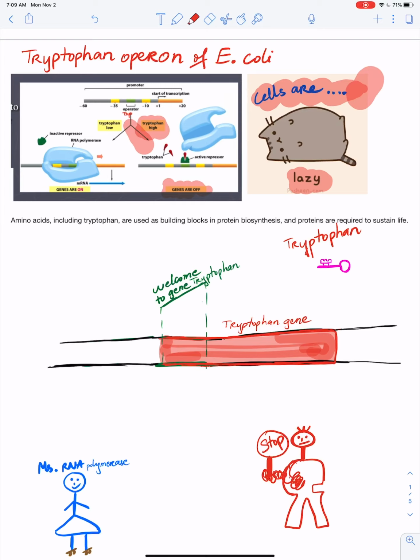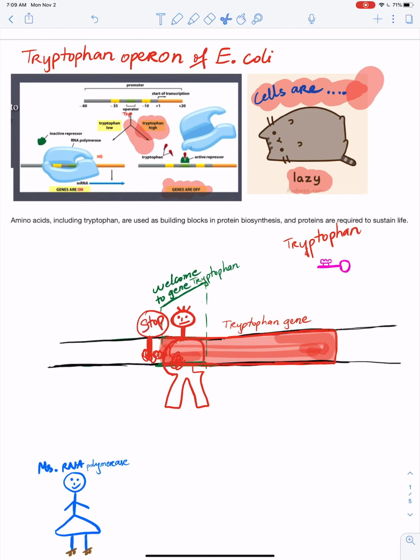You don't need to make any more tryptophan. So that is when Mr. Repressor is going to stand in front of the doorway